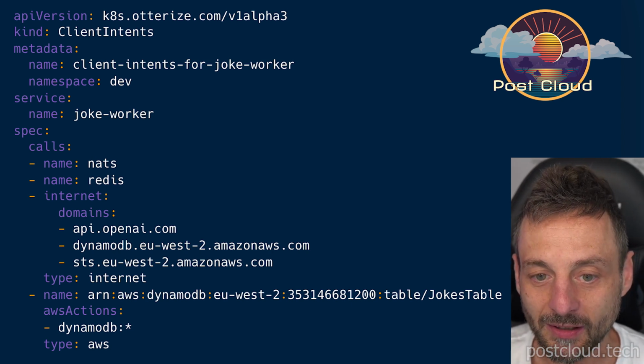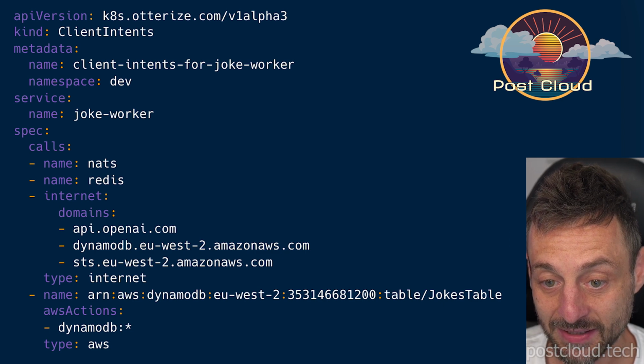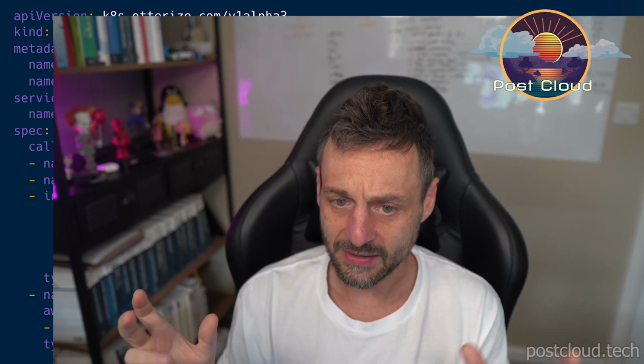So here, what you can do with client intents, so I didn't mention, but behind the hood, there's a couple of operators that are helping to make this happen. So typically, to translate those rules, we are talking about something that is called a network mapper, to translate DNS into IP addresses.